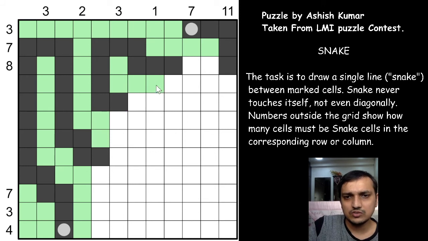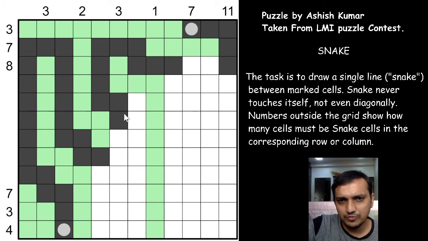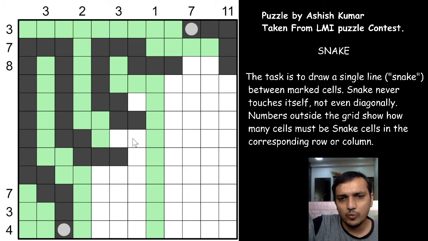Now let us extend this one and mark all this as unshaded cells. So if you see for the 3 now, if this snake cell comes down, 3 is already formed, and this will go towards the right, and this snake endpoint, this point has to continue somewhere to connect to this endpoint, and the 3 will be 4 now. It will have 4 snake cells.